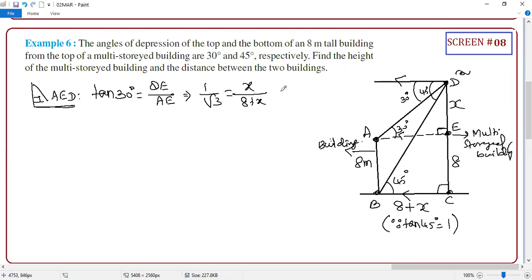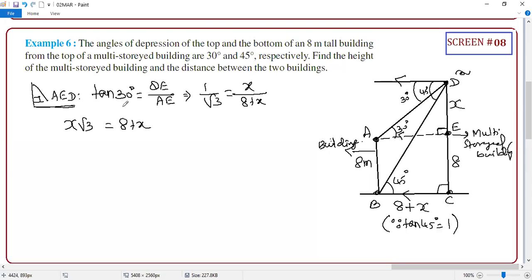Guys, all the rest of these things are pure algebra, arithmetic, whatever you learned from your 8th standard, 9th standard. Clear or not? Yes, that's all. Now trigonometry has stopped. Hereafter, whatever work you do is not trigonometry work. It is general maths. All cross multiplication. First thing: 8 plus X is equal to X root 3. For time purpose, I am writing this first. X root 3 equals 8 plus X.